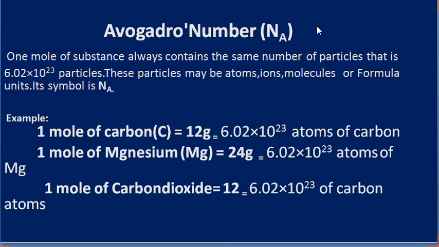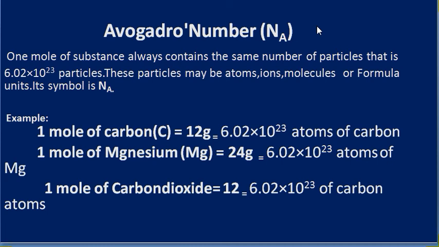Like if we want to purchase bananas, we say give 1 dozen bananas. And if we want to purchase eggs, we say 1 dozen eggs. There is no difference. Some eggs are small, some eggs are quite big, but if we take 1 dozen, it means 12 eggs. If we say 1 dozen bananas, it means 12 bananas.